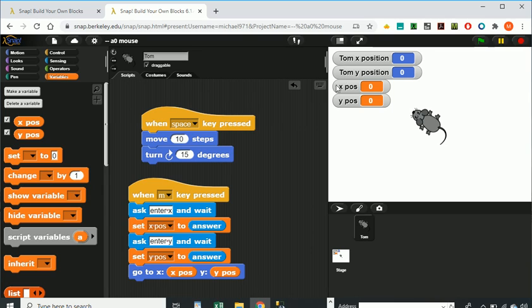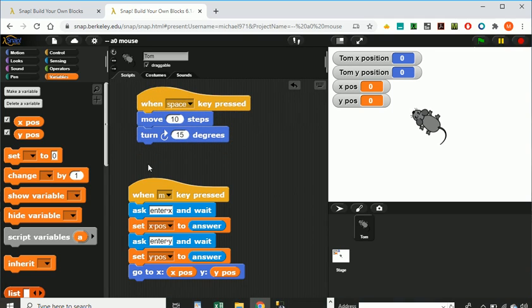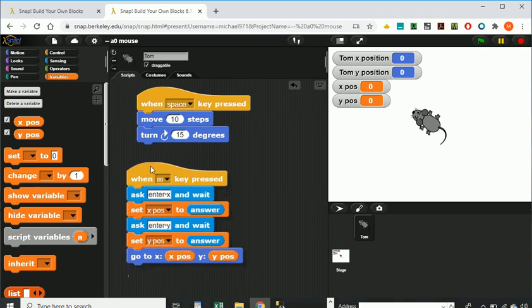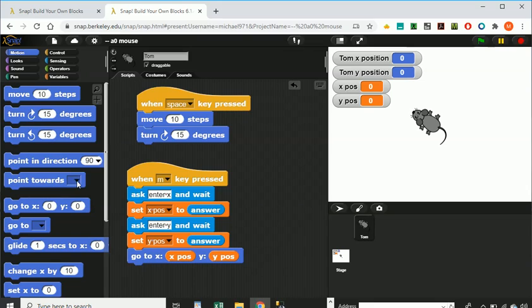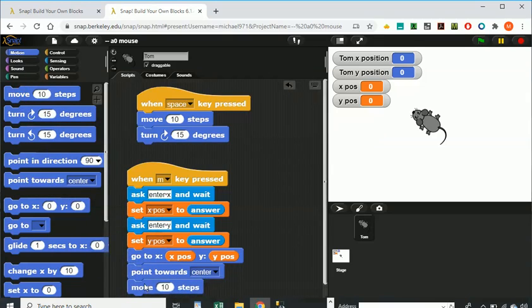And then let's have him do something a little more interesting. Once he gets to the X and Y that I tell the mouse that I want to go, the mouse is named Tom, I'm going to have him point towards the center, and then I'm going to have him move 100 steps. I'm going to save this,